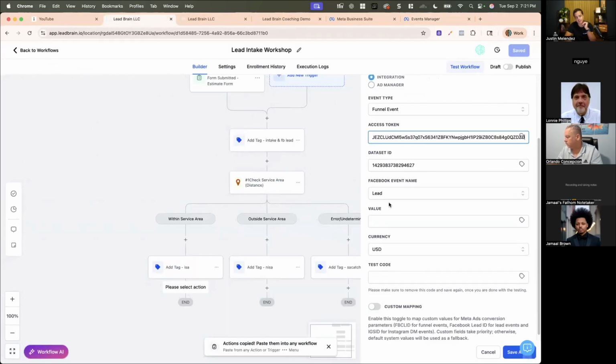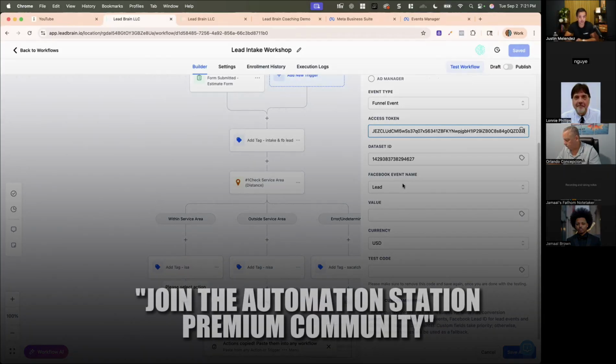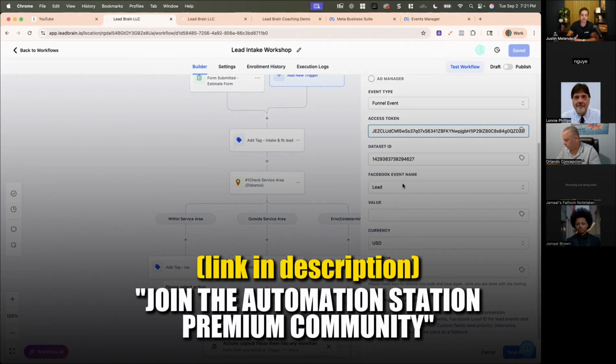And then the event name is lead. 99% of the time, this is the event name that I use, unless I'm selling something. In the example where I was selling the Voice AI course, the event type was purchase. But when I'm generating leads for my clients, I'm not doing e-com or anything, I'm doing home service-based stuff, so it's just lead. This just needs to match whatever your objective or your conversion goal is in your Facebook